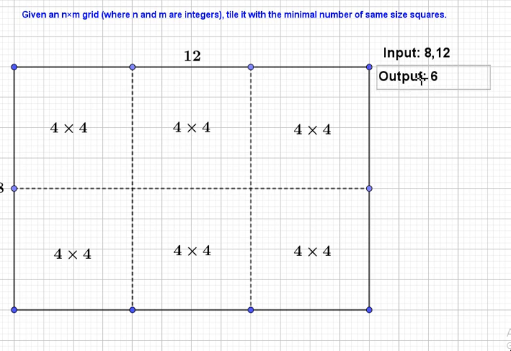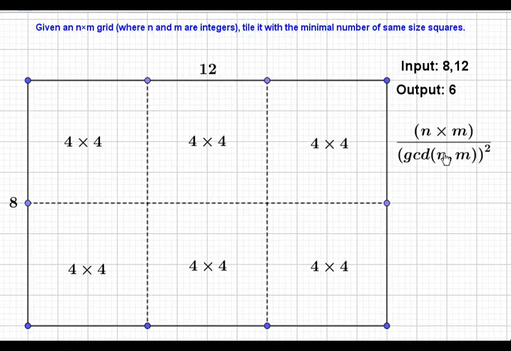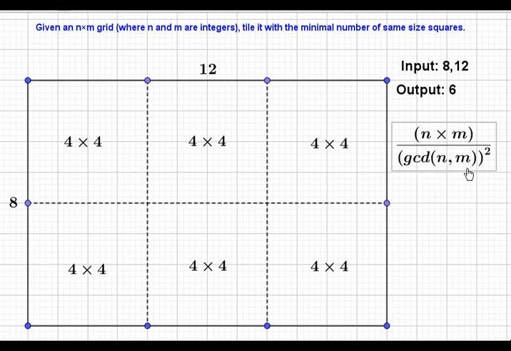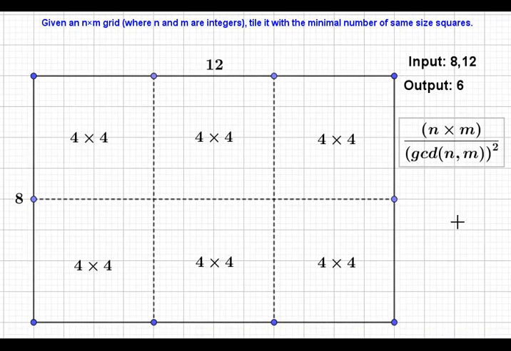Now we'll talk about the Python implementation of this. From this discussion we can say that the answer is nothing but n into m divided by GCD of n comma m, whole square. So for example here n is equal to 8, m is equal to 12. So the answer is 96 divided by 4 square, which is nothing but 96 divided by 16, which is nothing but 6. So in summary, the idea is if we use a common divisor, then we can get a valid solution, but the objective is to get the optimal solution. So in order to get the optimal solution, we must choose the greatest common divisor, because the underlying idea is if we increase the size of the divisor, that means if we increase the size of the squares, then fewer squares are required in order to tile the